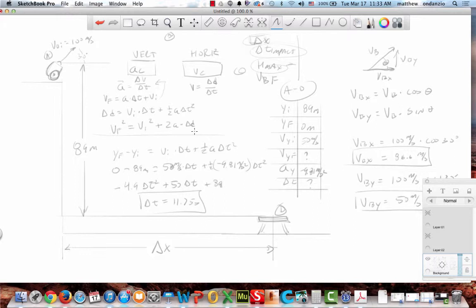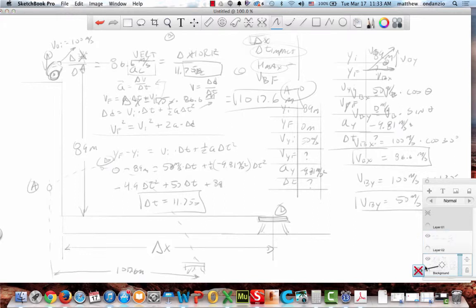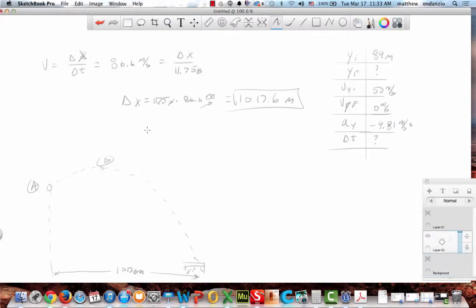Boom, one step. Okay, so I go back here and say, now we're looking for height max, H max, right? So really, that's this distance here plus my total distance, plus my 89. The 89 is going to come into this, isn't it? So if I use V final squared equals V initial squared plus 2A delta Y, okay,